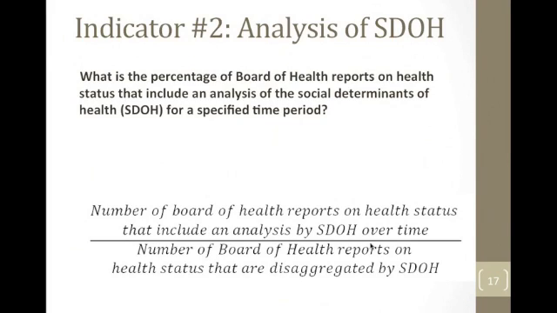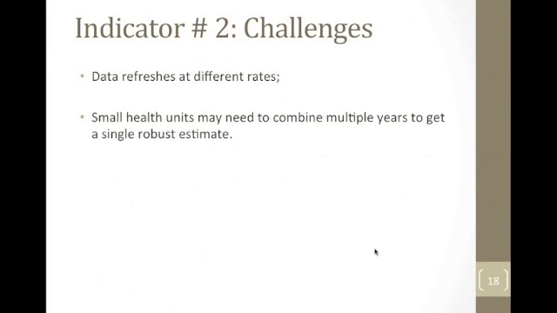If we move on to the next slide, the reason we included the time component is that different data sources might be refreshed at different rates. For example, for the most part, income information is only refreshed with each cycle of the census. And so this, in turn, influences how often reports are done. As core social determinant of health information becomes older, there might be less willingness to include it in a report.